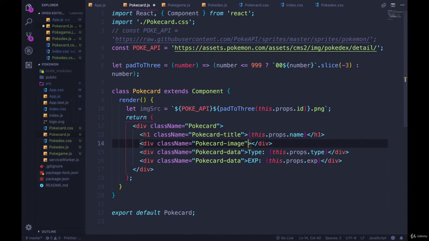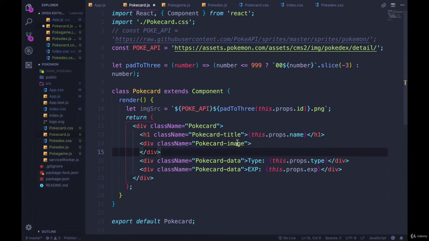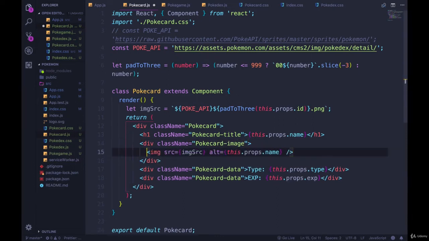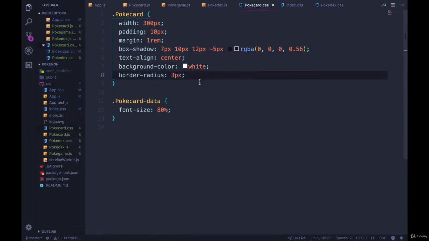Or let's do image fully spelled out. It's not that long. And then inside of that div, we'll actually put the image. So we won't notice much of a difference, but we're going to then select this Pokecard image over inside of our Pokecard CSS. So many CSS files to keep track of. Okay, so I'm going to select it down here,